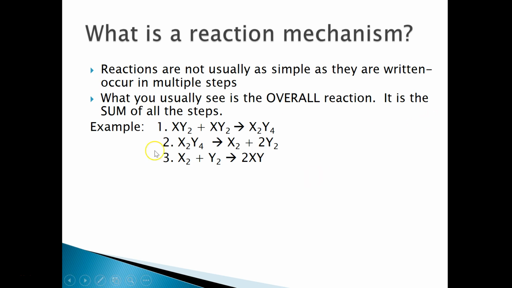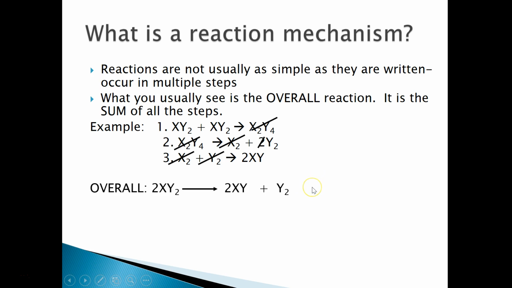So I look here and I see that I have X2Y4 on both sides of the arrow, so we can cancel those out. I also have 1 mole of X2 on both sides, so I can cancel those out. On the reactant side, I have 1 mole of Y and 2 moles of Y on the right. And so the 1 mole of Y on the left will cancel, and 1 of the 2 on the right will cancel. Doesn't look like there's anything else we can cancel here, so the overall reaction will be 2XY2, making